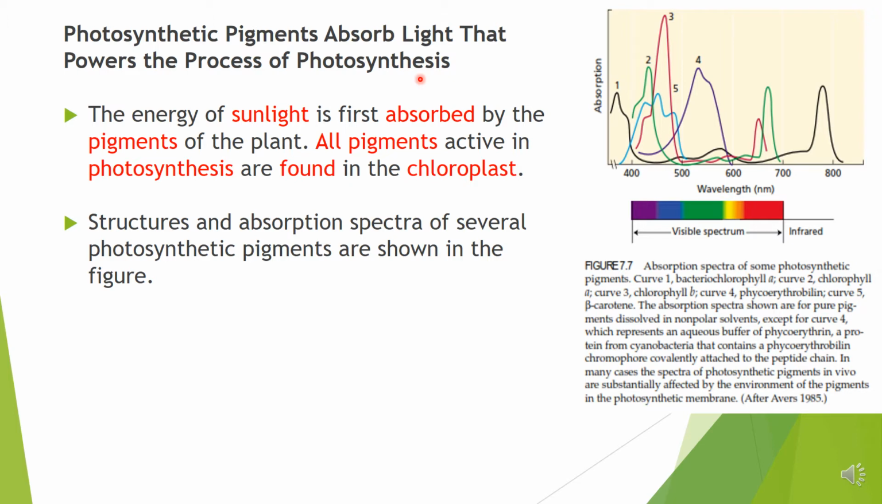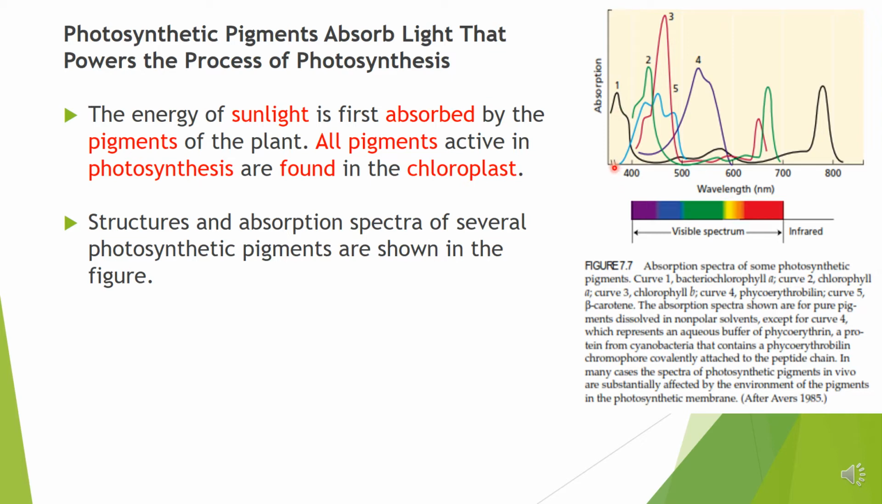As the sunlight is first absorbed by the pigments, the green pigments in the plant, all the pigments active in photosynthesis are found in the chloroplast. So different photosynthetic organisms have different types of photosynthetic pigments as shown in this graph, 7.7. The first line, of black color, is bacteriochlorophyll, the chlorophyll molecule present in the photosynthetic bacteria, and it absorbs the light coming from the sun ranging from